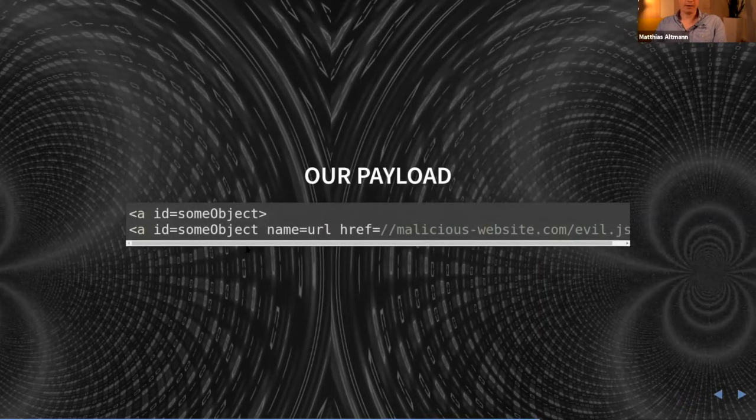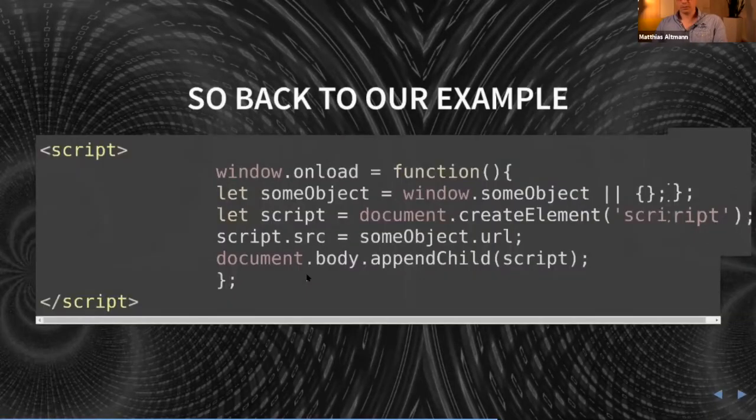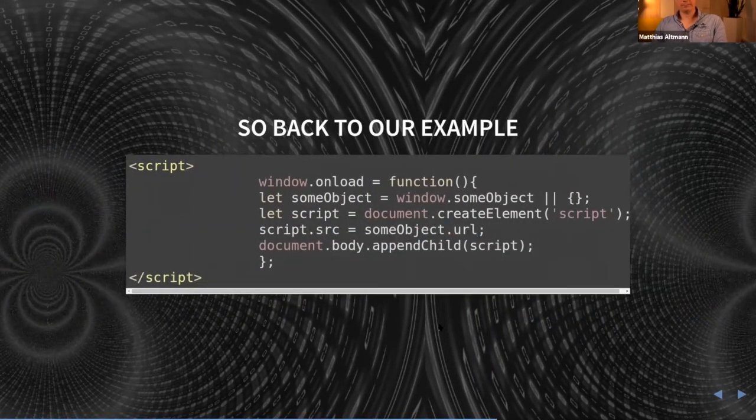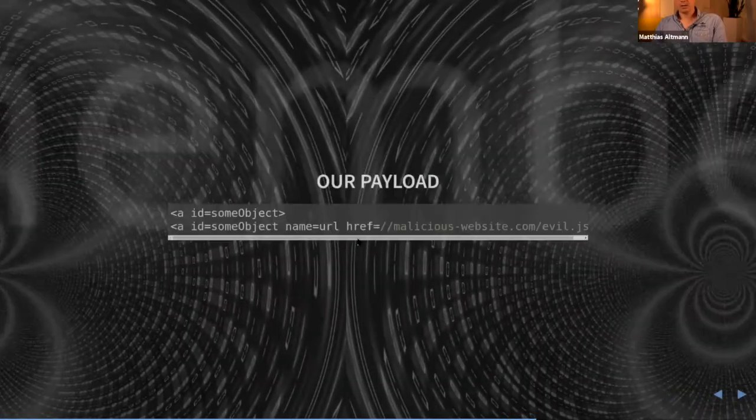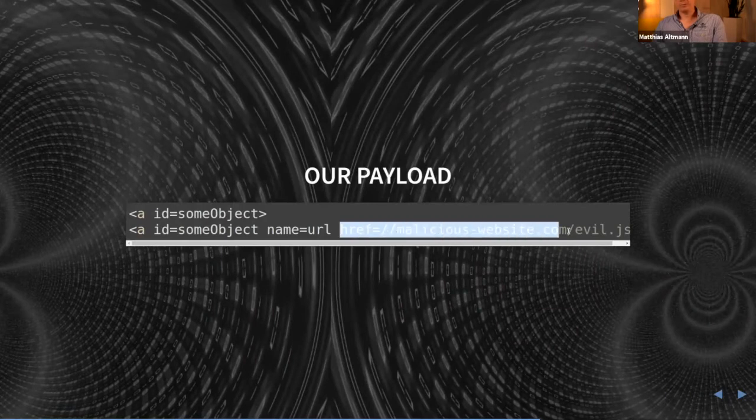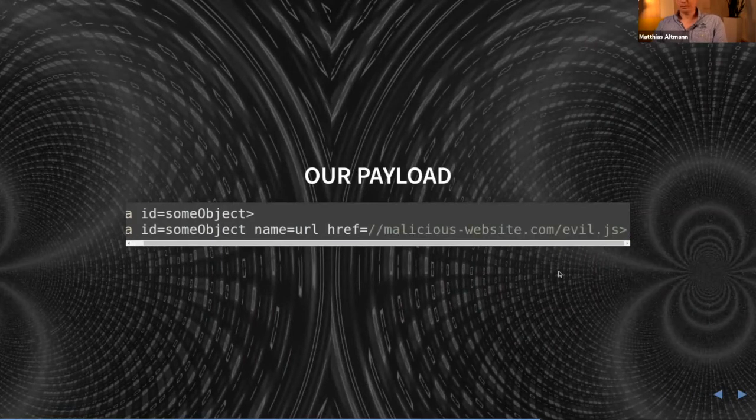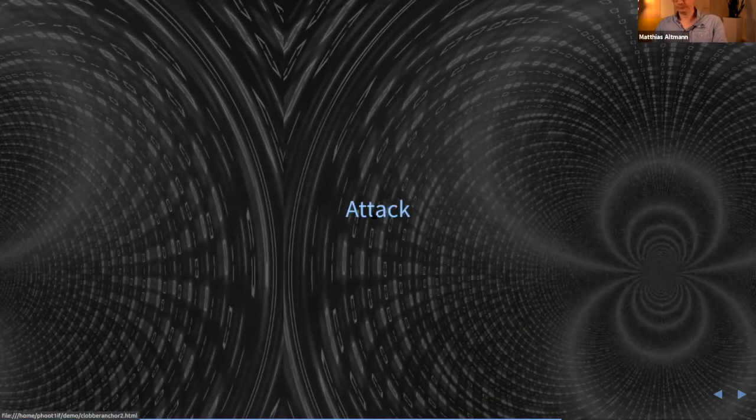So this is our payload. We use two anchor tags, like we saw, creating an HTML collection. We use what we know about the history of the DOM, the name attribute, which gives the URL. Here, back to our code, someObject.url. We say href malicious-website.com/evil.js. And then we have an attack.